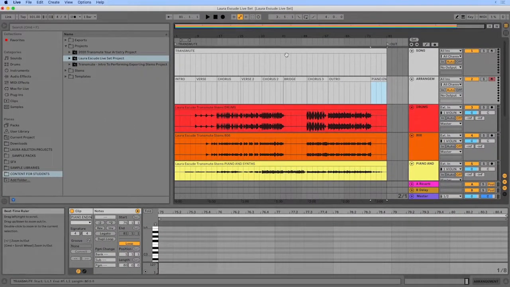Cool. So now we've got our arrangement set up here. Once I start adding more songs, I can basically set these up the exact same way. I'm going to go ahead and remove this marker at the end now because I have marked with these MIDI clips where it ends. So I really just have the beginning marker here to map